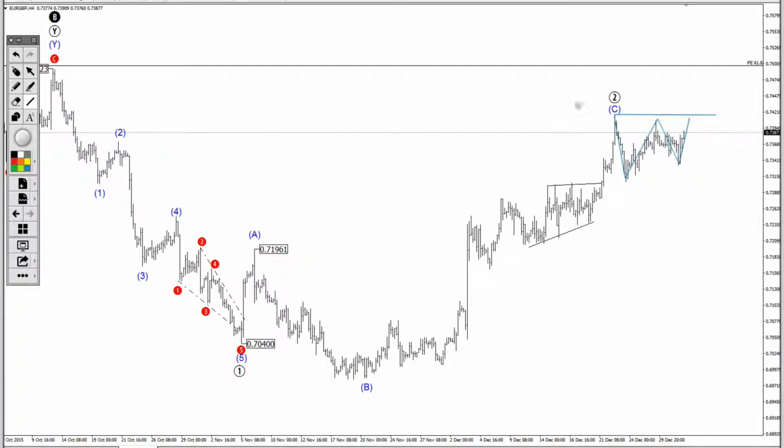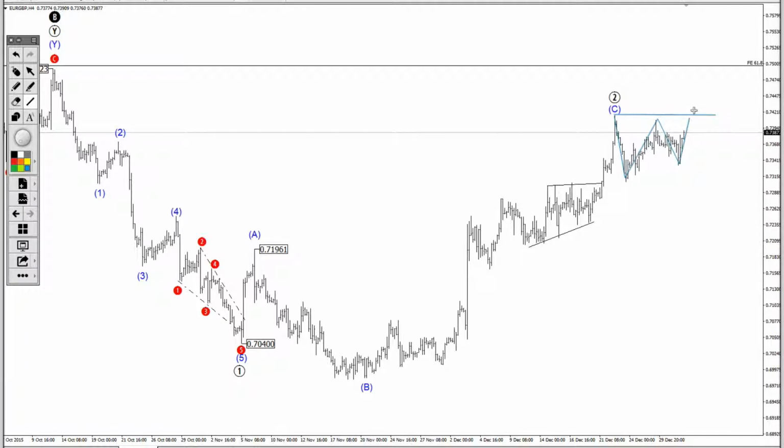If we make a new high, start to approach the 075 handle, then of course we have to make a revision. The long-term wave count also is not looking very plausible. So let's see what happens here. I haven't entered any trades here because the situation is so unclear. And according to this wave count, we can expect next larger move to be to the downside. Of course, this has been waited quite a long time. So let's see a euro pound how this develops.